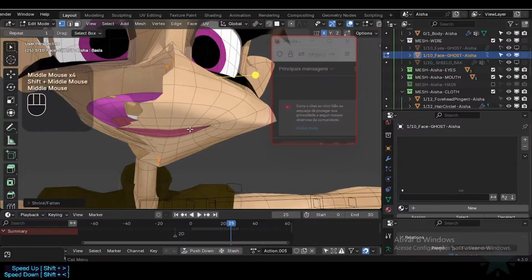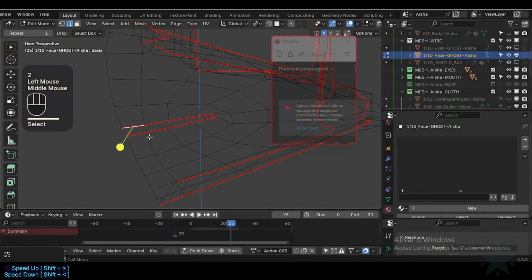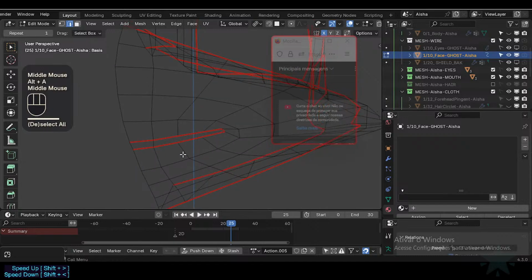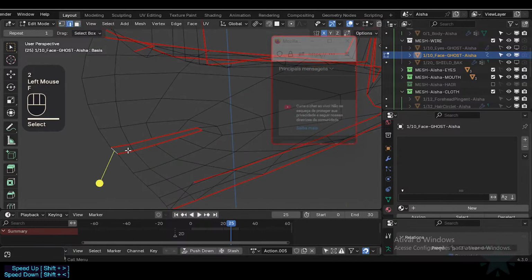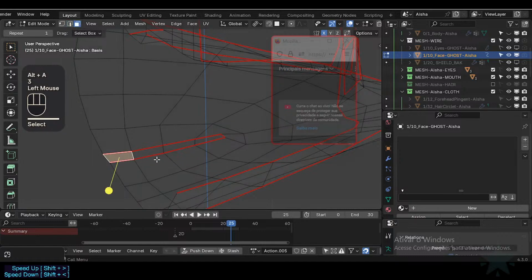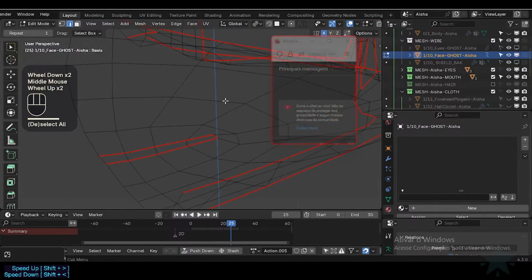Then there is a problem, of course, with Shift H with the apps. Yeah, we need to complete the mouth here. So we can just do this F. Well, it's not working. Okay, I don't know what's happening. It's the automator there. Oh, now it works. I have no idea what went wrong. But, okay, we got this. I don't need now this seam, although it won't make any difference. The only difference here is that